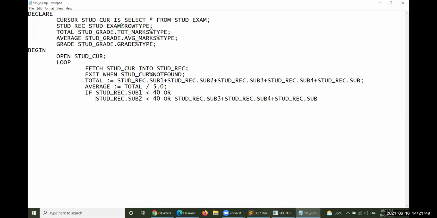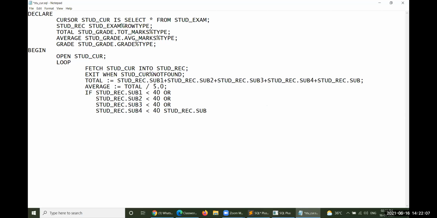So stud_rec.sub3 is less than 40, or sub4 is less than 40, or sub5 is less than 40. If any of these conditions is true, obviously the student will fail.